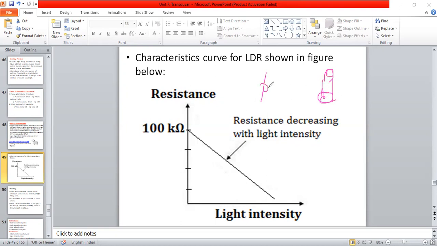Here they have fixed one light, and here the LDR material is there. Continuously this light will fall on this material only. If one bottle comes in the middle of that, the resistance will increase here now. Continuously the light is on. If there is no light here now, I will draw one more diagram.